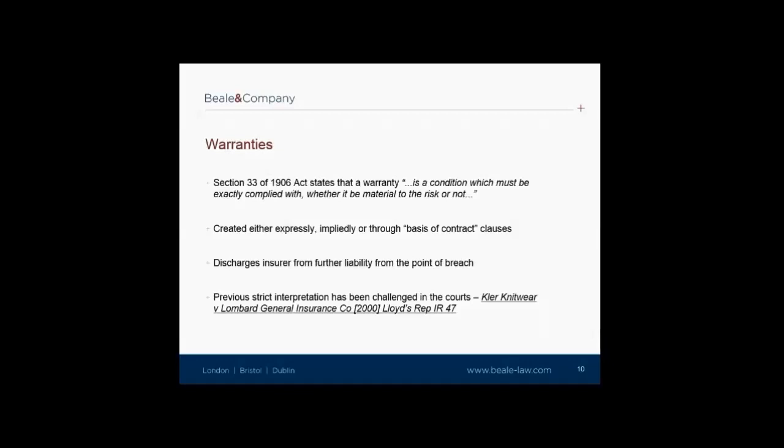The courts have taken a strict view of warranties over the years, and the Act takes its lead from various judgments. An example of this is the case of Clare Knitwear. In this case, a doctrine known as a suspensive condition was adopted. The insured renewed its insurance covering its factory. During this term of insurance, the factory suffered from storm damage, and the insured sought to rely upon its insurance policy. However, within the policy there was a clause which required the factory sprinklers to be inspected within 30 days of renewal. The sprinkler system was not inspected until 60 days after renewal.